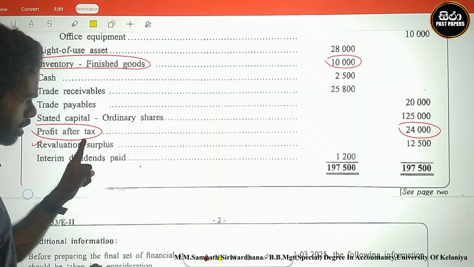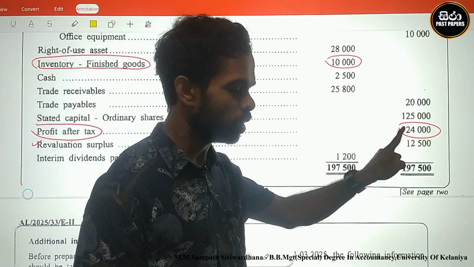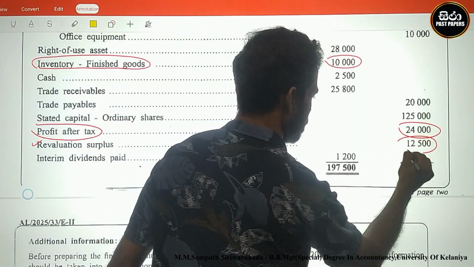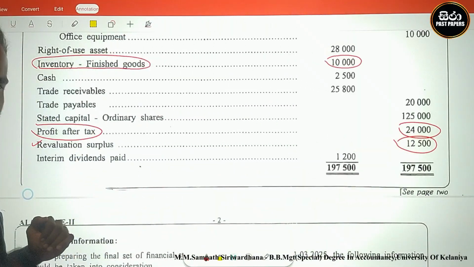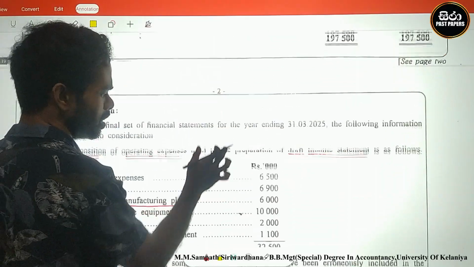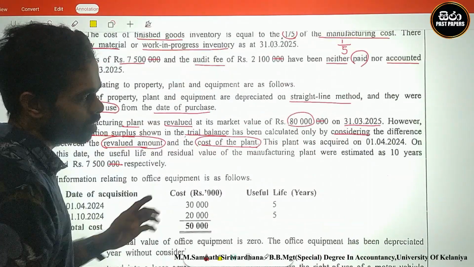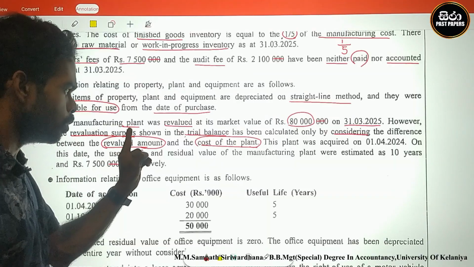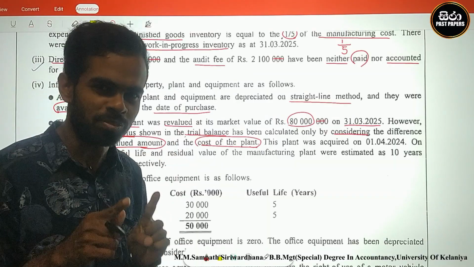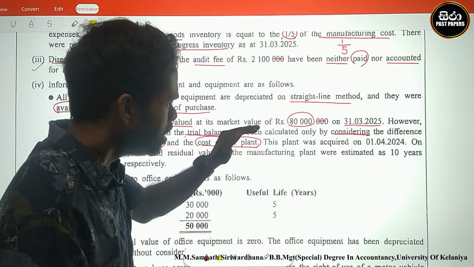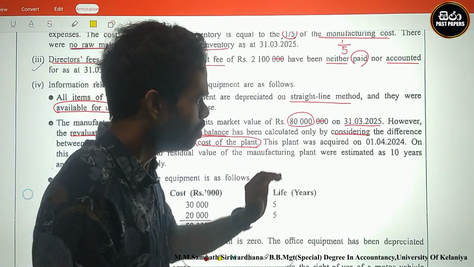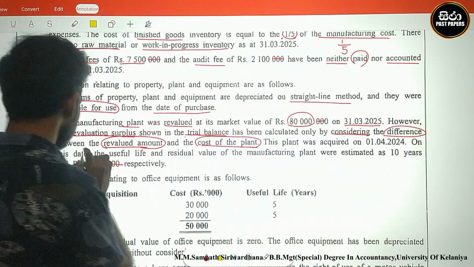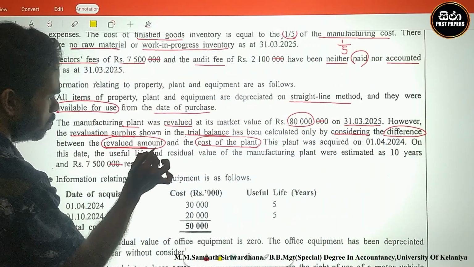Revaluation surplus in the trial balance. What is that? 12,500. Okay, 12,500 already calculated. However, the revaluation surplus shown in the trial balance, 12,500, has been calculated only considering the difference between the revalued amount